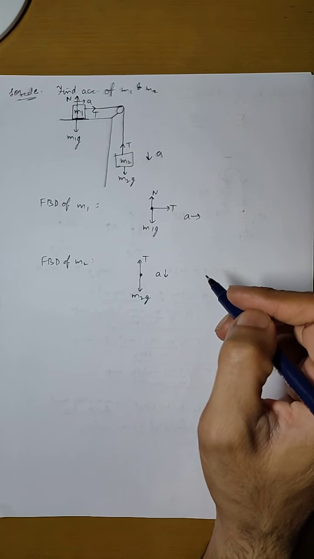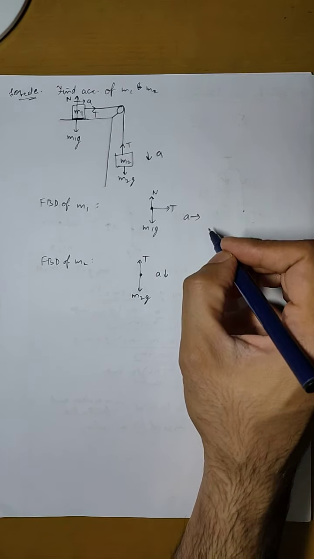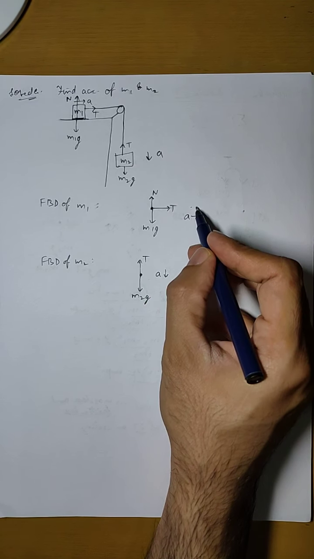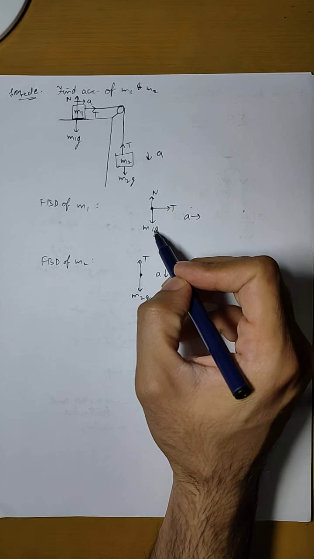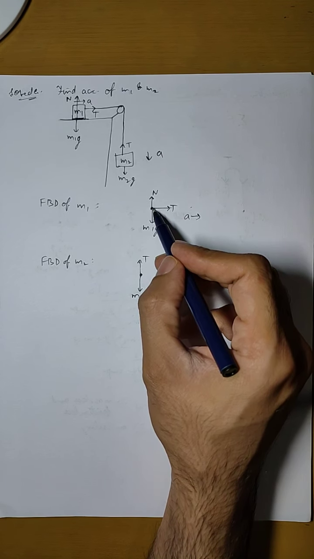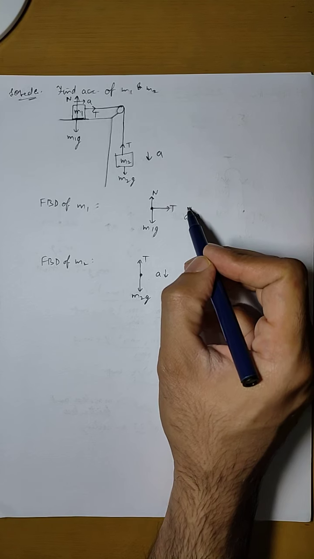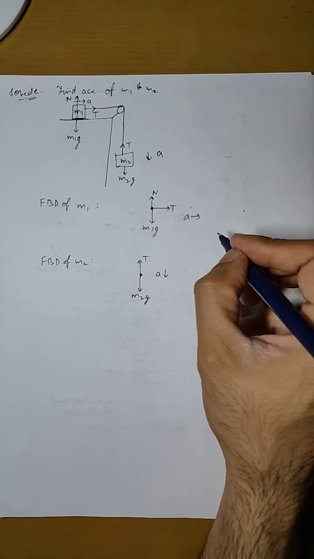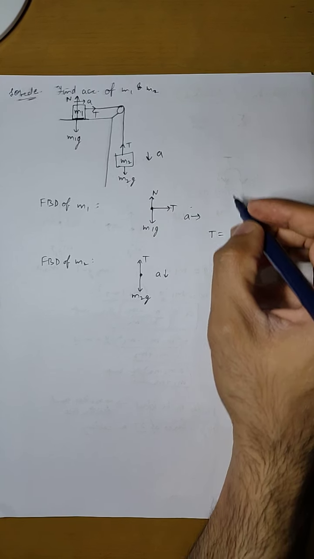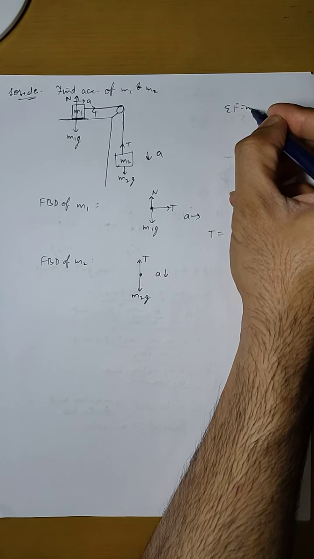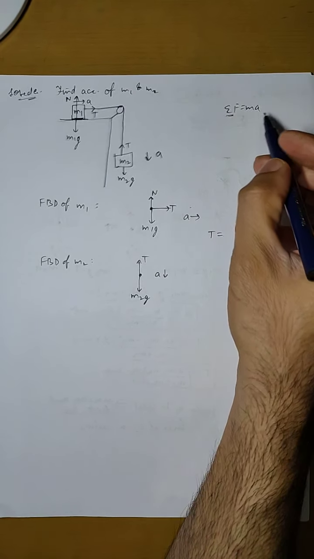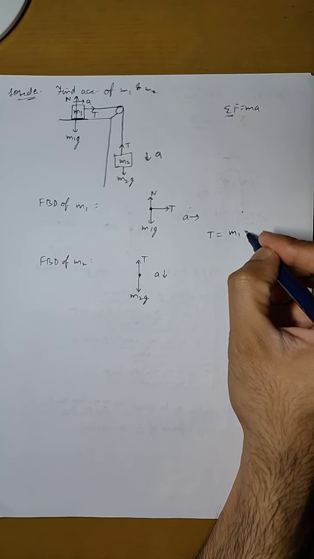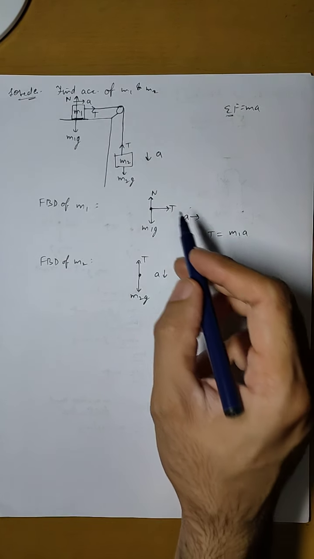Now if we write the equations, then for this condition the body is moving in the horizontal direction towards the right. That means neither N nor m1g is going to help the body in moving in the horizontal direction. The only force applied in the horizontal direction is T. So here we can directly write that T equals the total force, which should be equal to mass into acceleration. Mass is m1 and acceleration is a. So this will be the equation for m1.